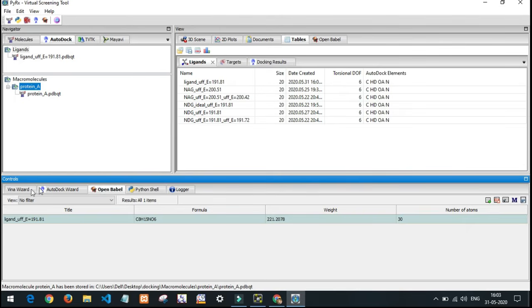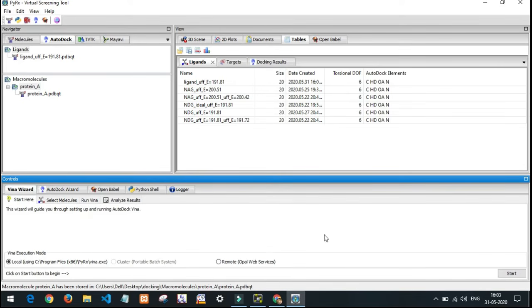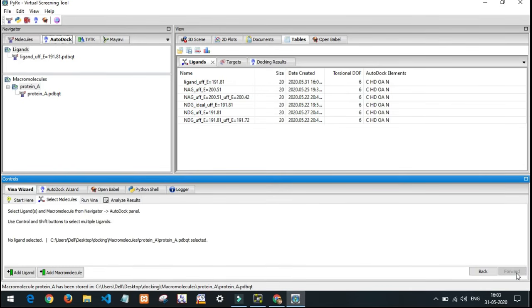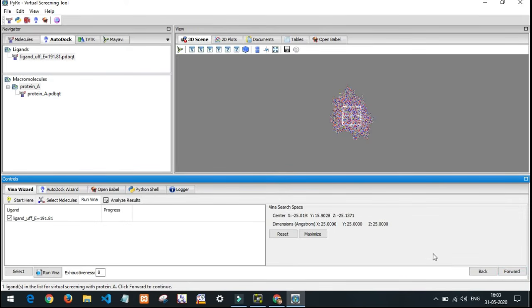For that, we need to click Vina Wizard, then click Start to proceed. Now we want to select the molecules. The protein molecule is already selected and I am choosing the ligand molecule. Both ligand and protein are selected. Click Forward. Once we click the Forward icon, a white grid box will appear.